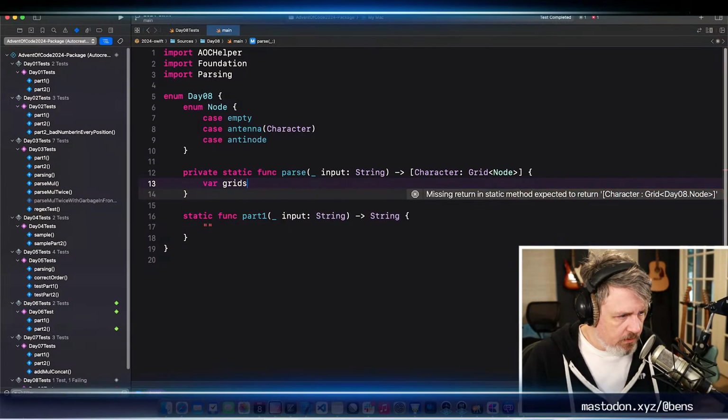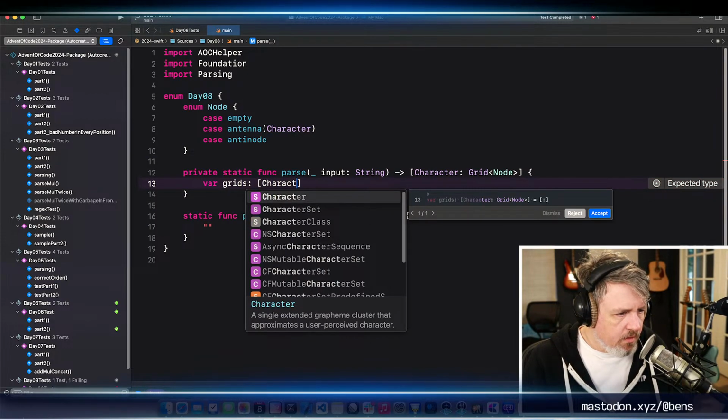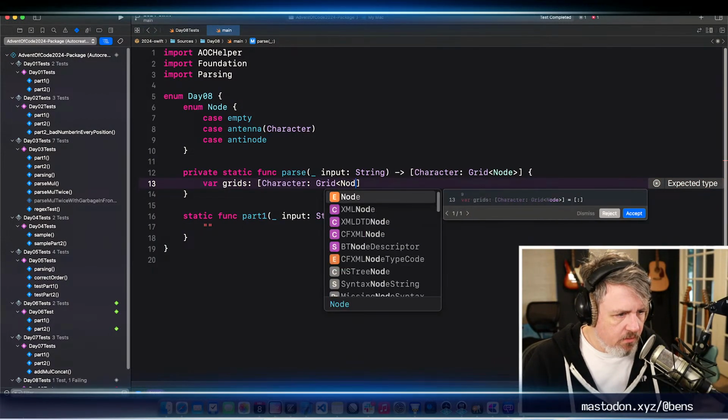Okay, so let's have an array of character and grid.